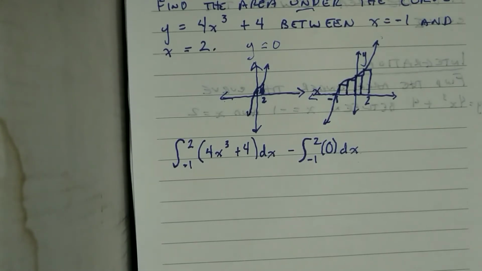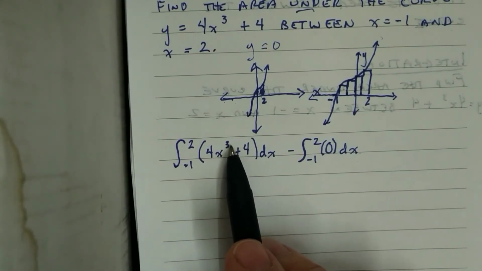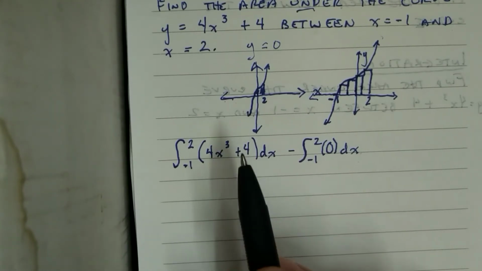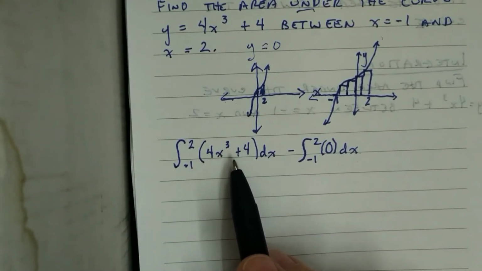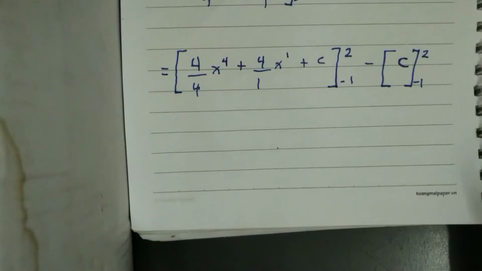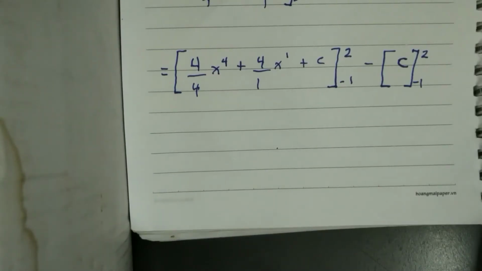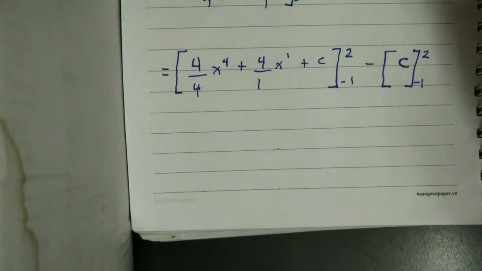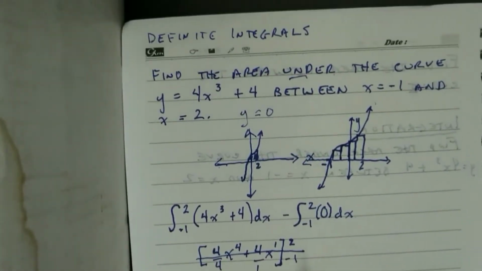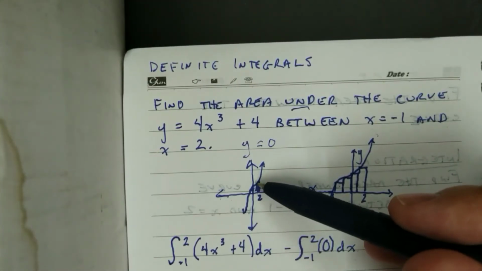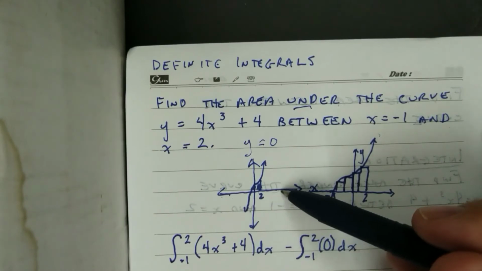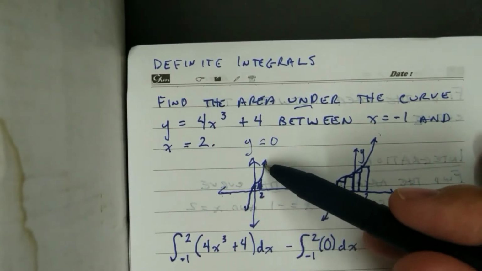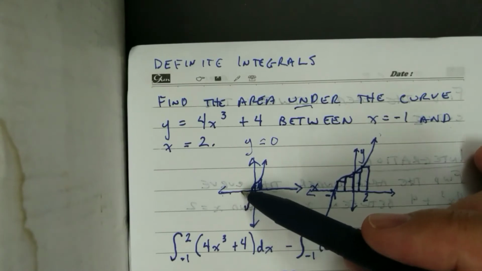So we're going to find the antiderivatives of each of these. And don't forget, add 1 to this power, or exponent, or index. Divide the coefficient by it, and do the same here. So I'm going to go ahead and do that step. So I went ahead and found the antiderivative, and I didn't simplify it entirely, but what you're going to want to do is subtract the area. I made a couple errors in this paper, please ignore it. I'm going to find the area between here, where this is, and I'm going to subtract it from this. So I'm going to subtract this curve after we've integrated it from the x-axis,